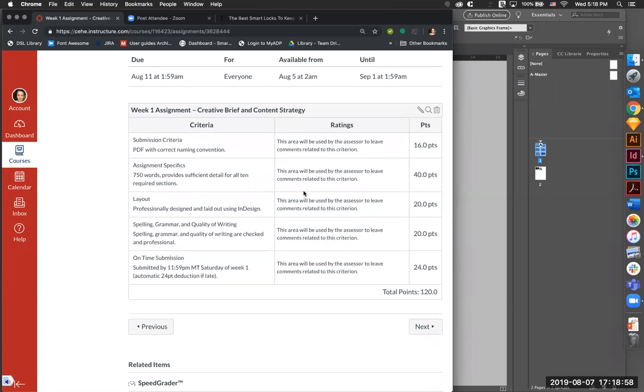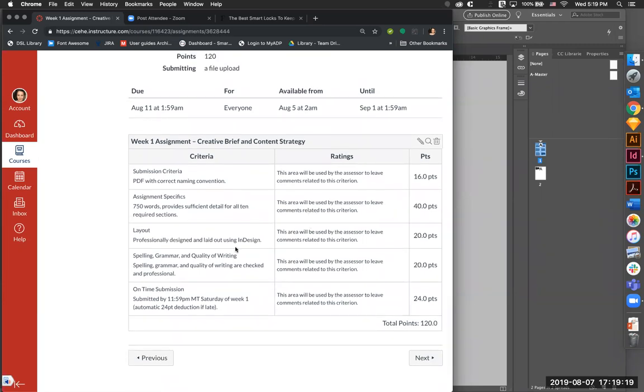So really look at your rubrics, not just for this assignment, but for all of your classes and for all of our assignments moving forward, to understand what you are getting graded on. Because again, sometimes you read through and you go, oh, well, I thought it looked really good and I didn't get a good grade. Why is that? Make sure you look at your rubric. 24 points for turning in something late is a lot,